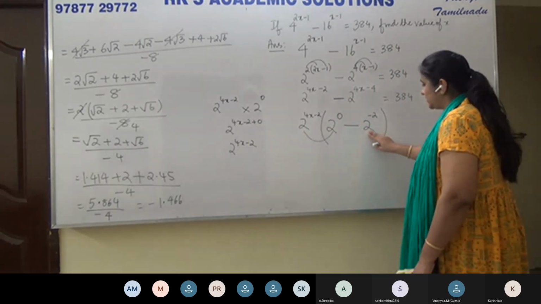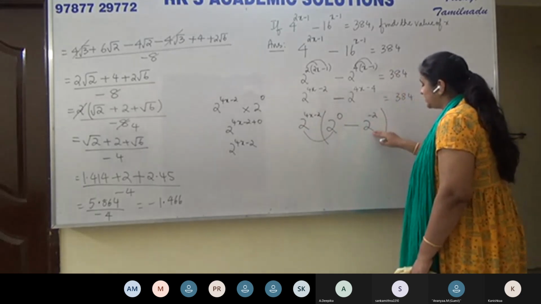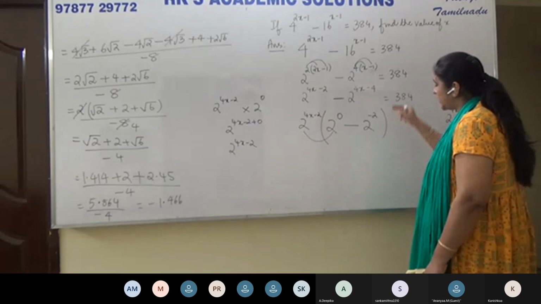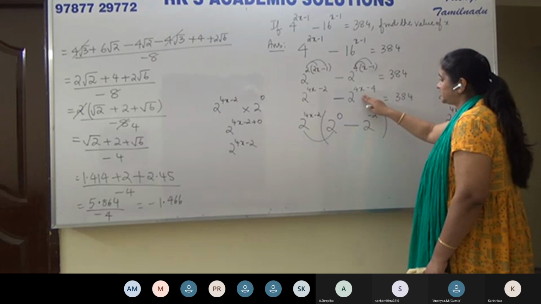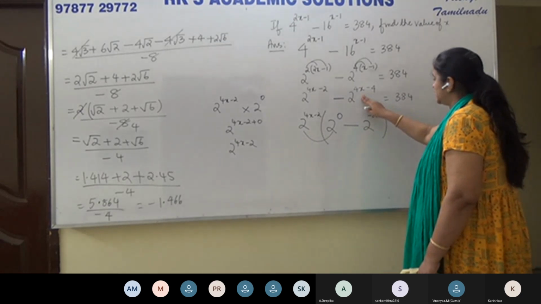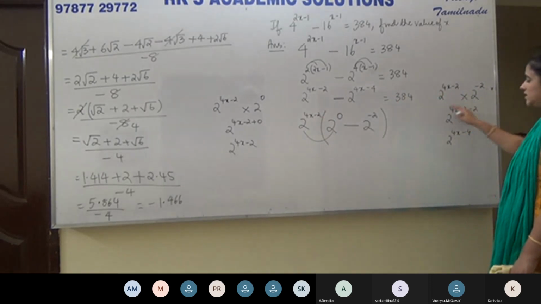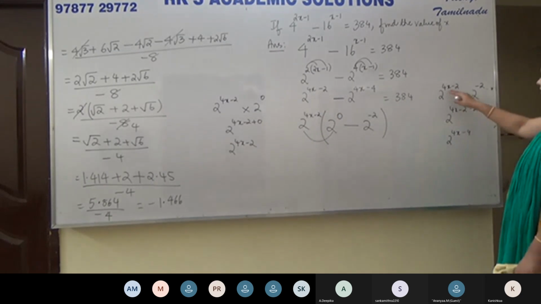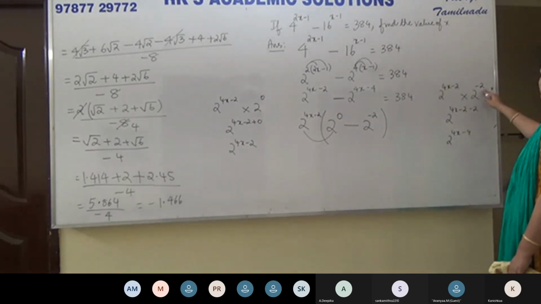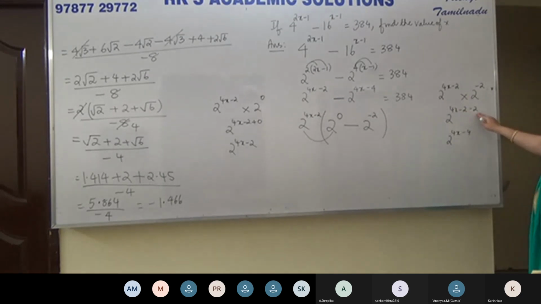So we write 2 as the base because only then you can multiply 2 raised to something into 2 raised to something. The base has to be 2. We are deciding the power. We should write a suitable power so that the product of these two will give us this as the result. So we have 2 to the power 4x minus 2 outside multiplied by 2 raised to what? 2 raised to what will give us 2 to the power 4x minus 4? Since we have 4x minus 2, we need minus 4. So another minus 2 we need. Now see, when bases are same and multiplication, we add the power. So 4x minus 2 minus 2, which is 4x minus 4.